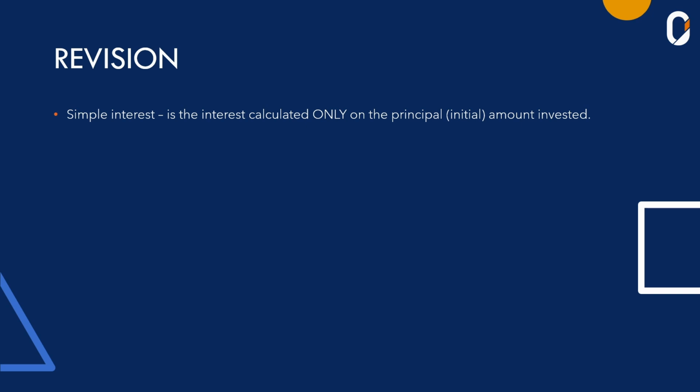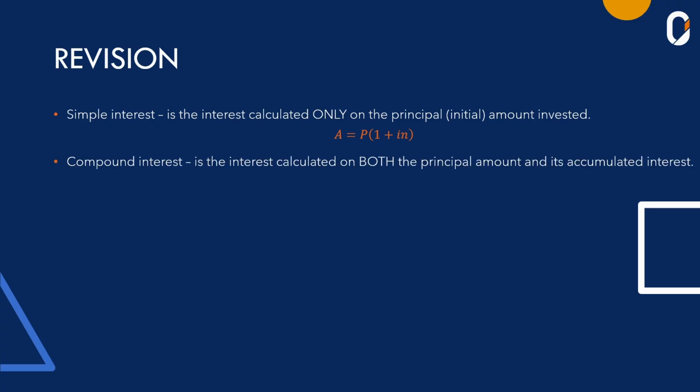Simple interest, as introduced to you before, is the interest calculated only on the principal or initial amount invested, and its formula is A = P(1 + iN). Next, we have compound interest. Compound interest is the interest calculated on both the principal amount and its accumulated interest, and that is defined as